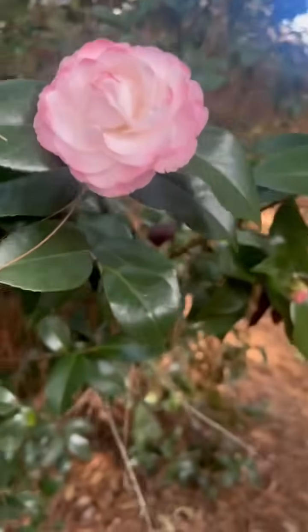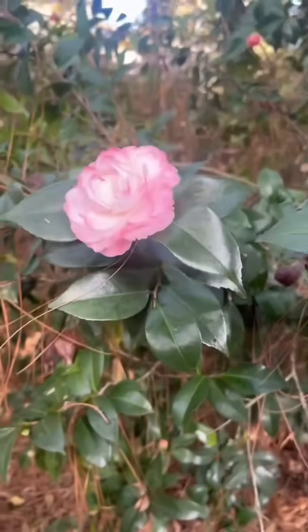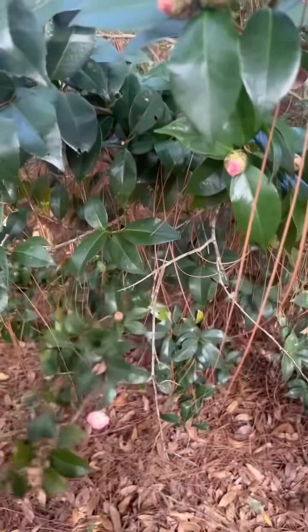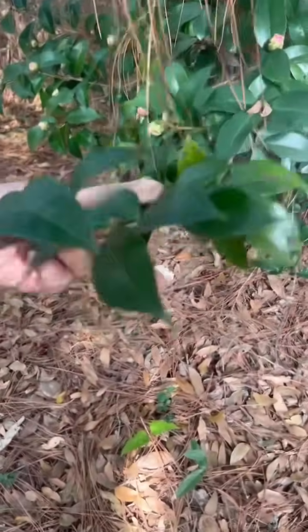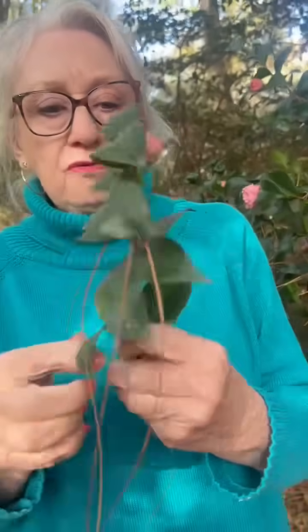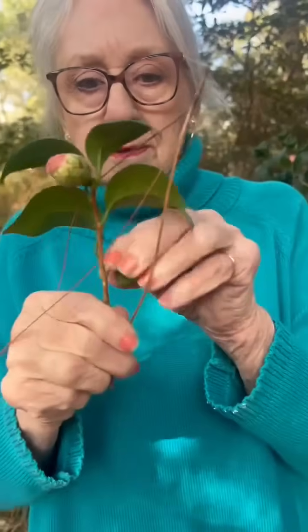And remember, the video will be just a minute. I'm going to show them again for those who do not know. What you do is you break off a limb, and I hate to break it off. This is a learning thing. You've got it, and it's about 6 inches long, about as long as your hand, or a little longer. And you pull off all these leaves. You want the nourishment to go to the...